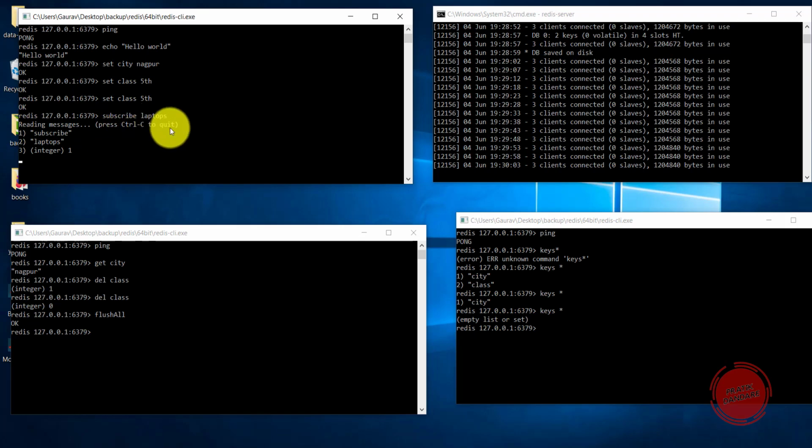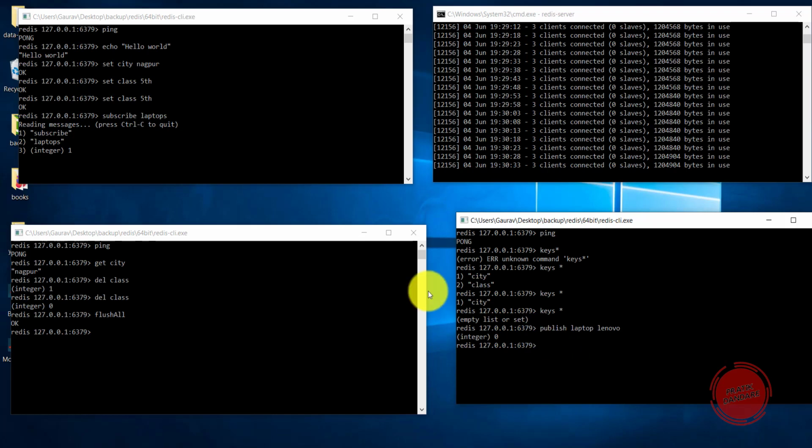Now we need to publish some messages to laptops. How are we going to publish it? With the help of publish, the key name is laptop, and I am putting the first laptop as Lenovo. It's giving me 0, which means fail.